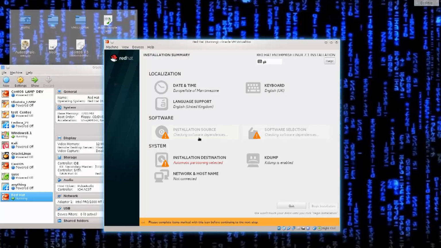And now we have installation source. It's checking for software dependencies. Excellent. It has found both. We don't need the additional CD. If you selected perhaps some other options, perhaps you would need it, but not in this particular case. It says installation destination, automatic partitioning selected. Okay,